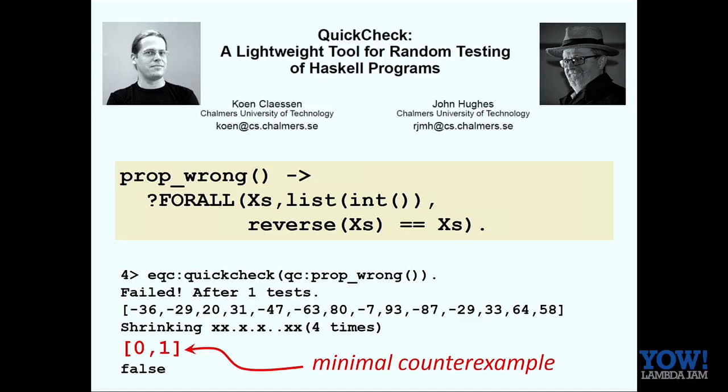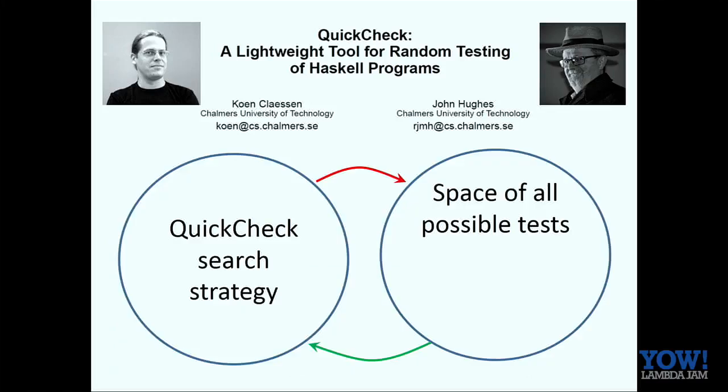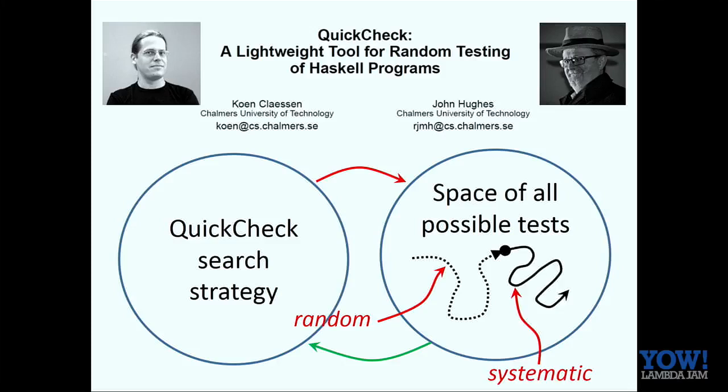What I want to emphasize about QuickCheck here is that it's doing the same thing. The combining forms for properties describe a space of all possible tests, and QuickCheck uses a search strategy to find a test that fails. The only difference is that here we're first of all using a random search, and once we find a counterexample, a systematic one to find the simplest failing case. But it's the same idea. Look, I only have one idea. Luckily, it's a good one.